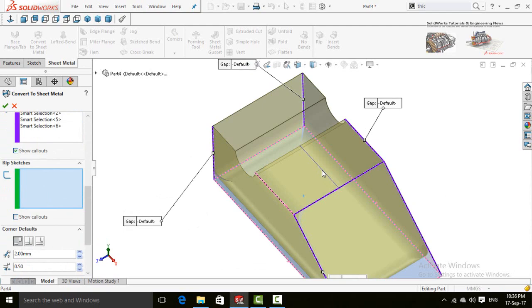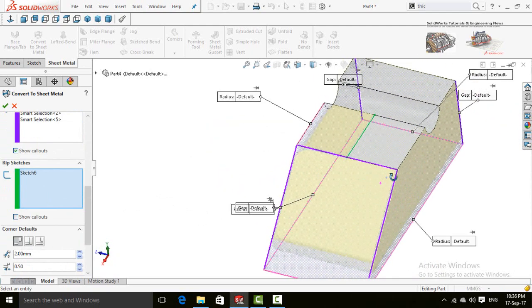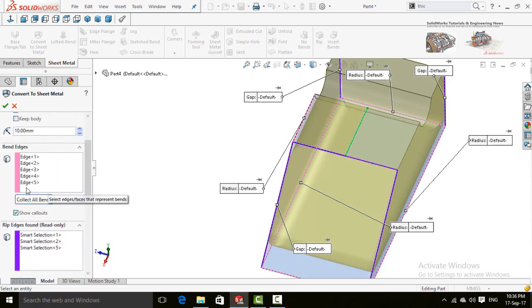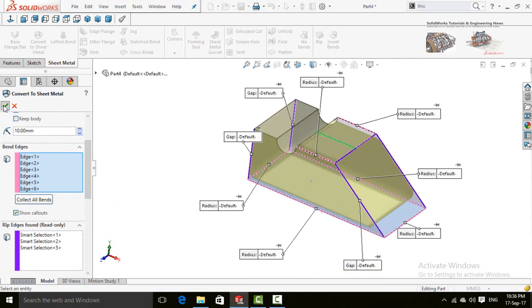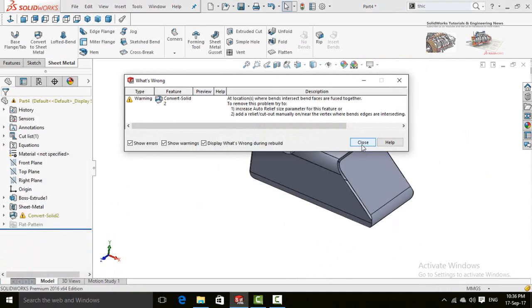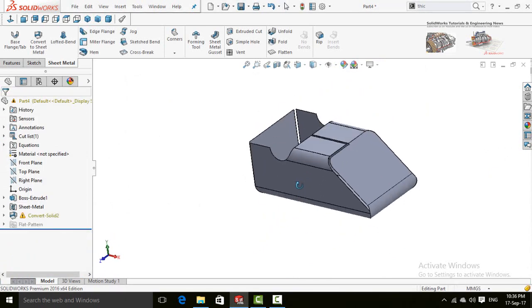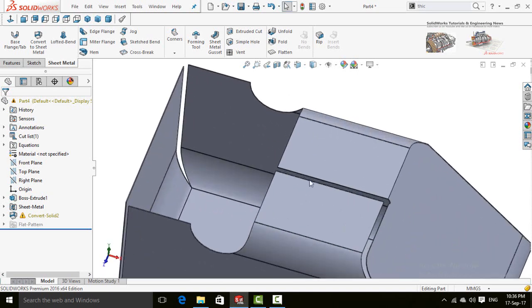Now this is our rip sketch, so click on it. Now again scroll up and activate this box and select this edge. Now press OK button. Here you can see this part is now again converted to sheet metal, but with this rip sketch.